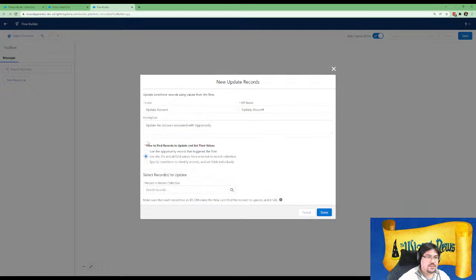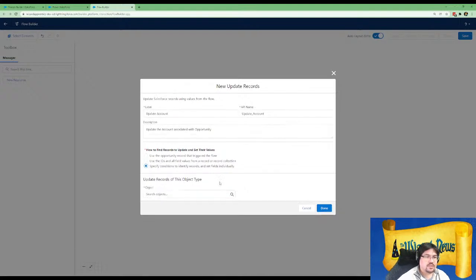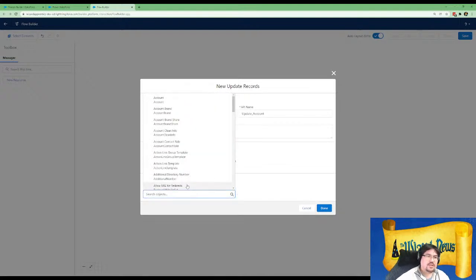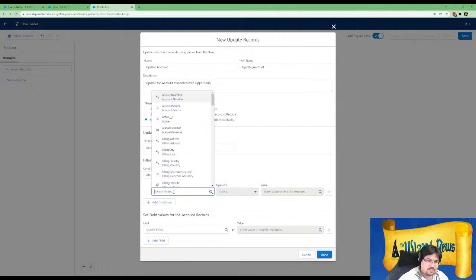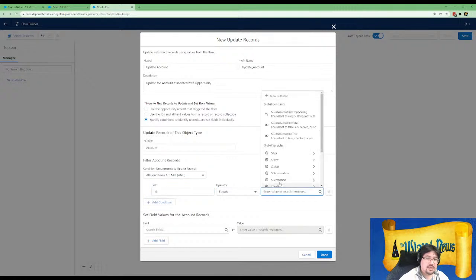We could use IDs. So if we were using the get method, this is the selection you do where you have a resource variable that represents the record. We don't. So we're going to specify the conditions. Now we have to say, what account or what record, what object are we updating? We're updating the account. Which object? And that's going to be based off of the ID of the account being the same as the record or account ID